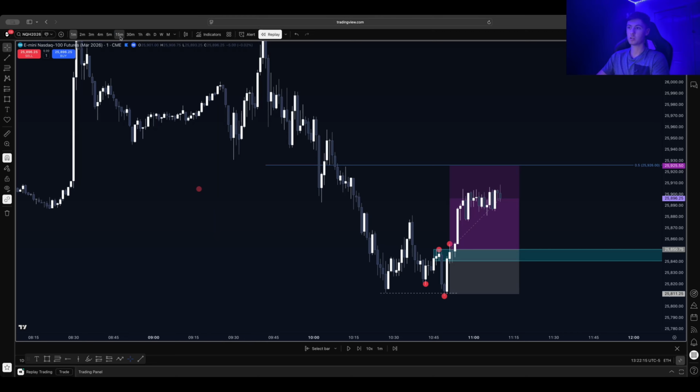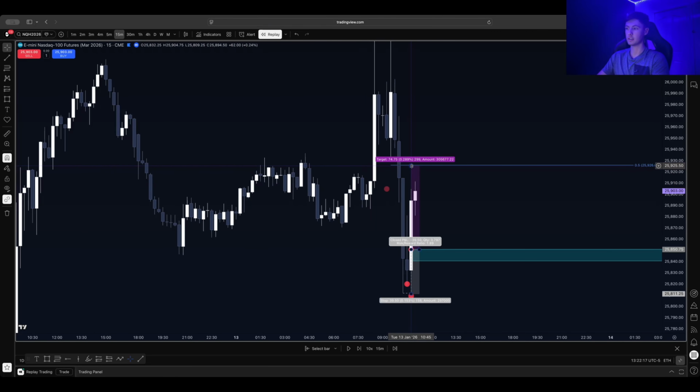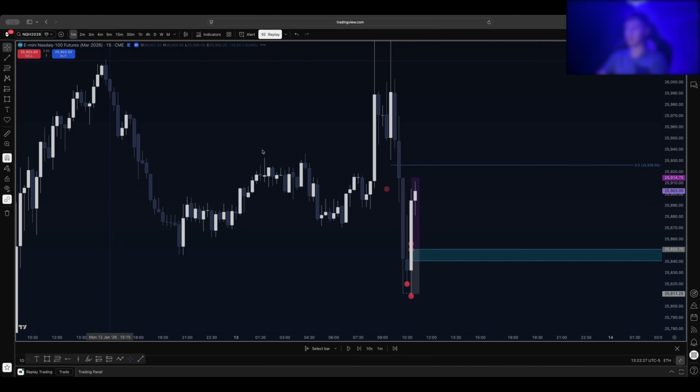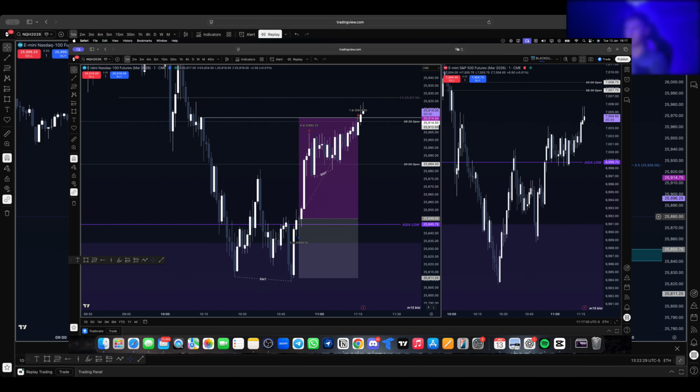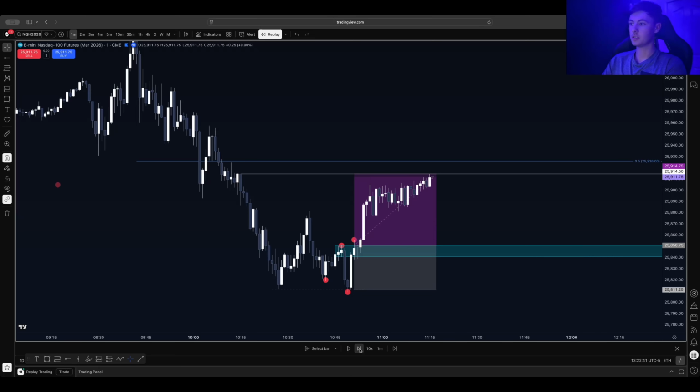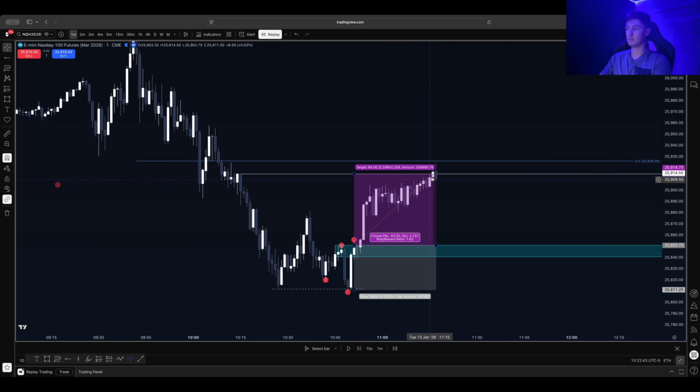So we'll go to the 15-minute chart, and you can clearly see next to that 50% level there is a 15-minute bearish gap. That is where my take profit was on this trade. Again, I'll show you guys the proof, and you can see how price just builds up and then finally hits TP. It doesn't even give the retrace to 50% of the dealing range before coming all the way back down to